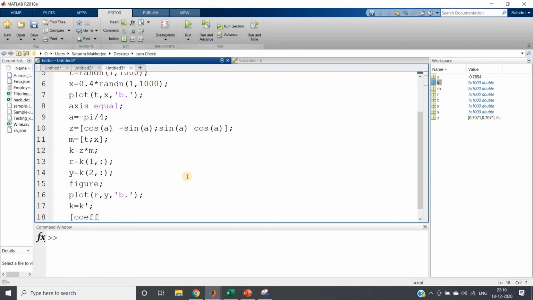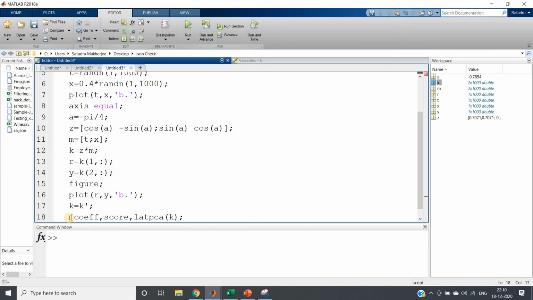Then there are several output parameters which we can get if we apply PCA in MATLAB. The code is very simple, you need to write pca of K, and it will return several parameters. Let's check what the parameters are. I will not go through all the parameters, only those which are more important for us.